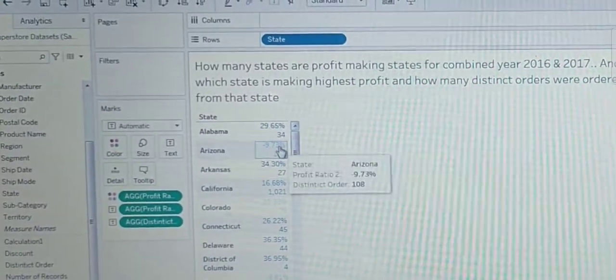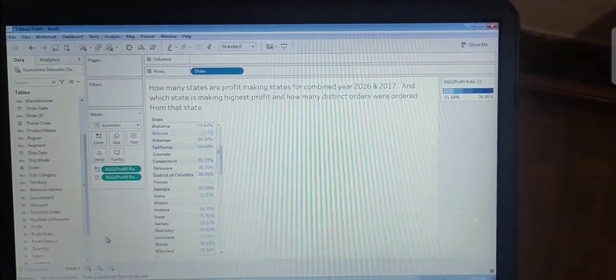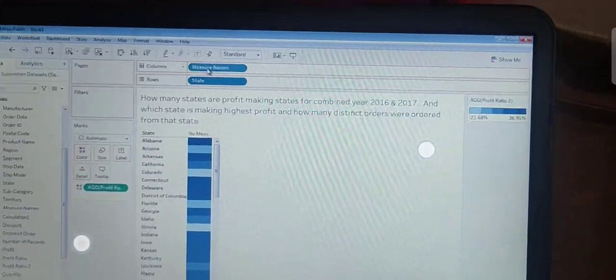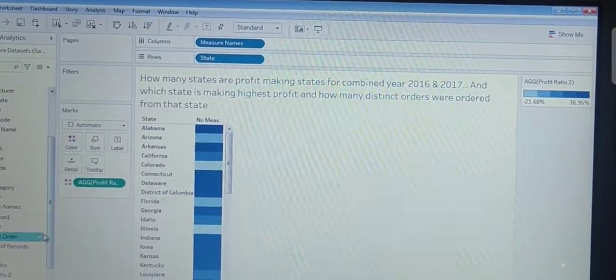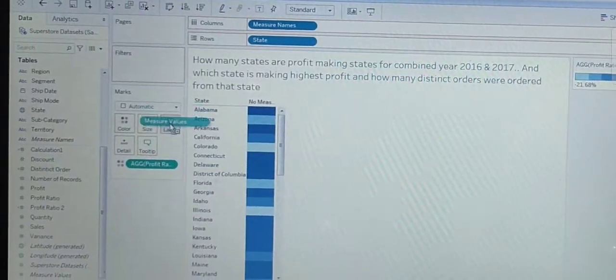Now one more thing you can do: remove the profit ratio from the text and the distinct order also from the text, move Measure Names to the column shelf, and Measure Values to the text shelf.